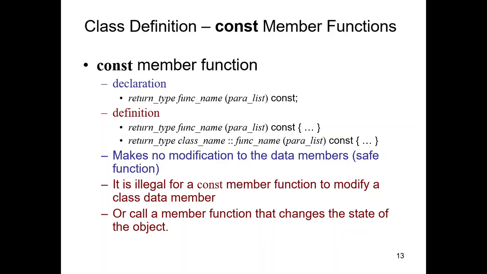So const member function जो है, it is a member function that does not modify the attributes of an object or a class. अगर class के attributes को नहीं modify करता, तो the member function is a const member function. ठीक है. अच्छा, इसकी corollary क्या है? What are the effects of this statement? इसका मतलब ये है कि अगर एक member function को आपने const declare कर दिया है, then that member function cannot change the value of any attribute. उसके अंदर we cannot have a statement like w is equal to something. That becomes illegal. Similarly, it cannot change